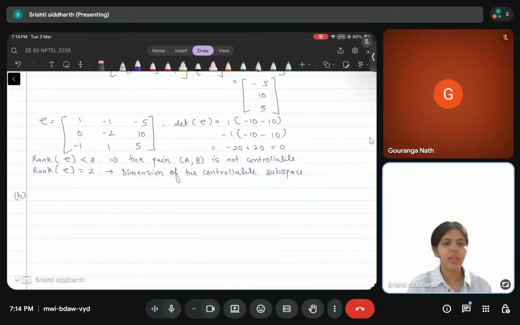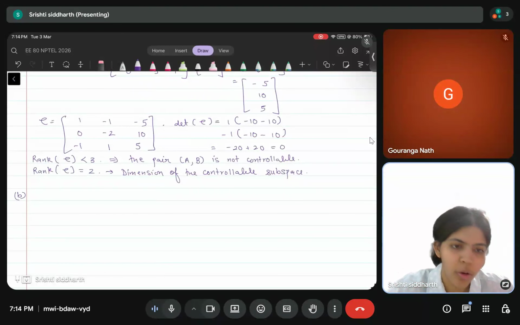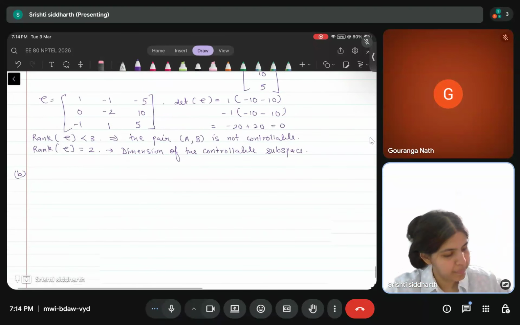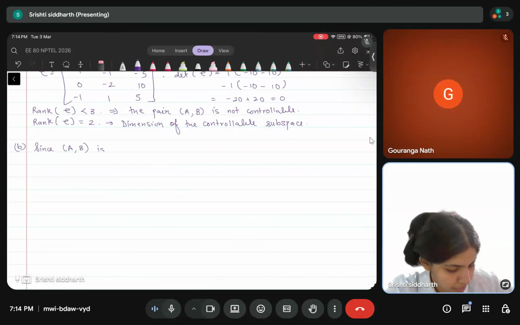To check if it's stabilizable, we'll have to decompose it into the standard form and check if the uncontrollable part is stabilizable. Since the pair AB is not controllable,